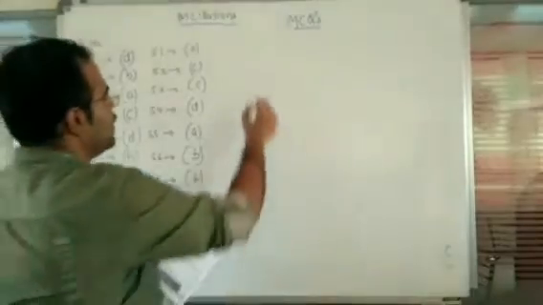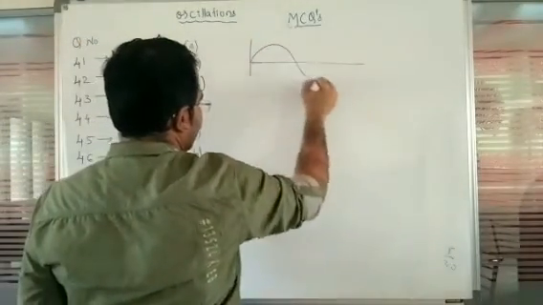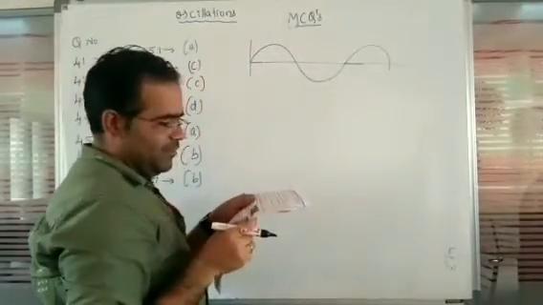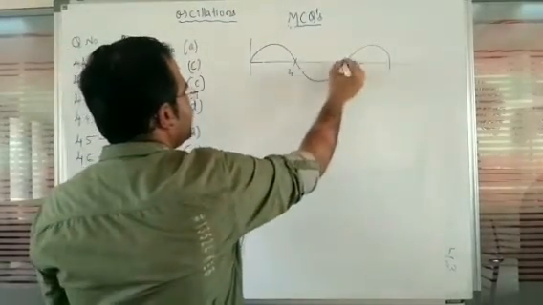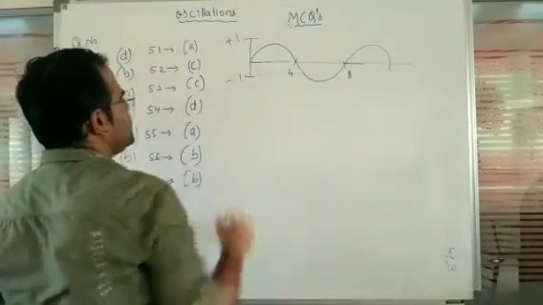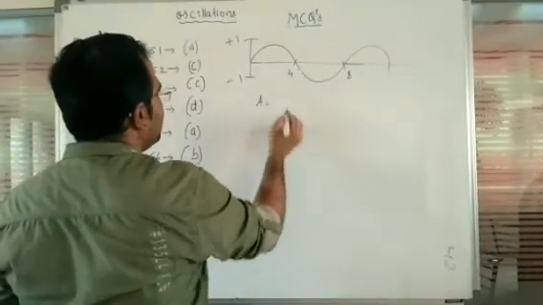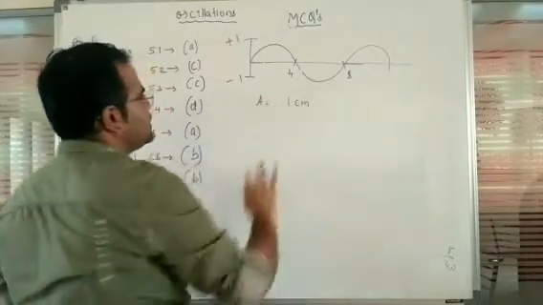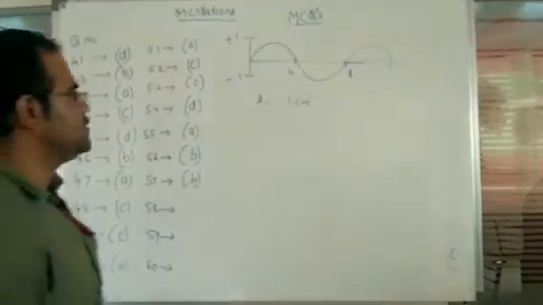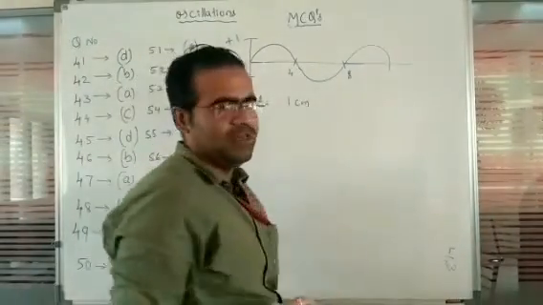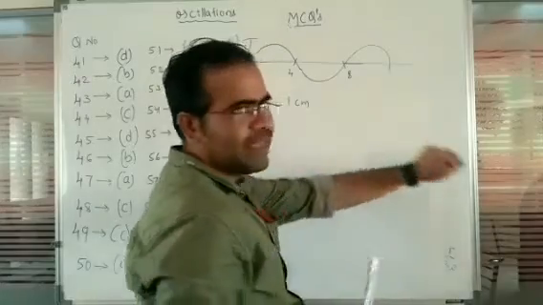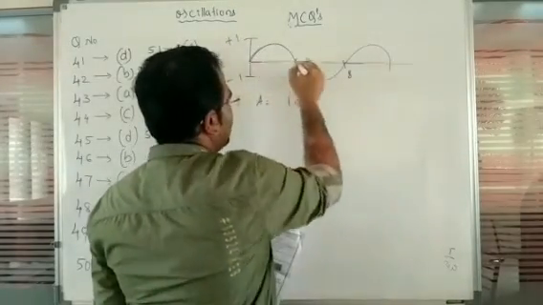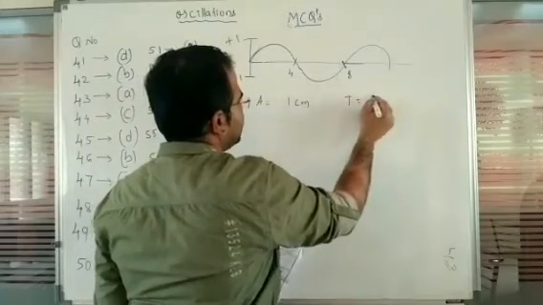So from the given graph like this, when we observe this graph, it is represented like this. In that one, it is given as this point as 4 and this point as 8. Now, here it is given as +1 and here it is given as -1. So after seeing this graph, we can say amplitude is what here? 1 centimeter. Either it might be +1 or -1. So amplitude is, usually what we consider, maximum displacement from the mean position is the amplitude. So we can say 1 centimeter. Now, it is completing one oscillation for a time of 8 seconds, so that we can write the time period as 8 seconds.